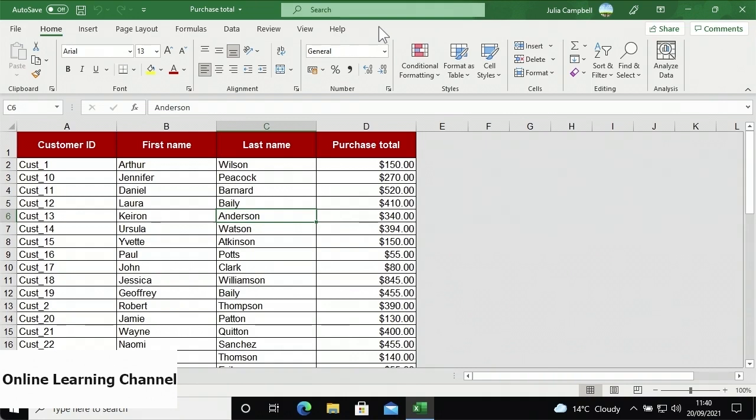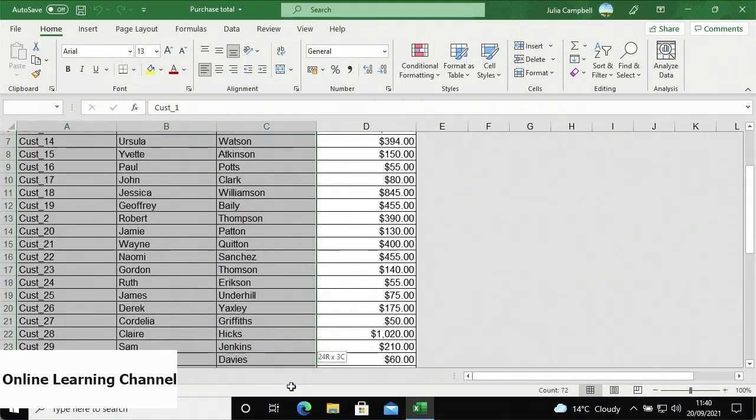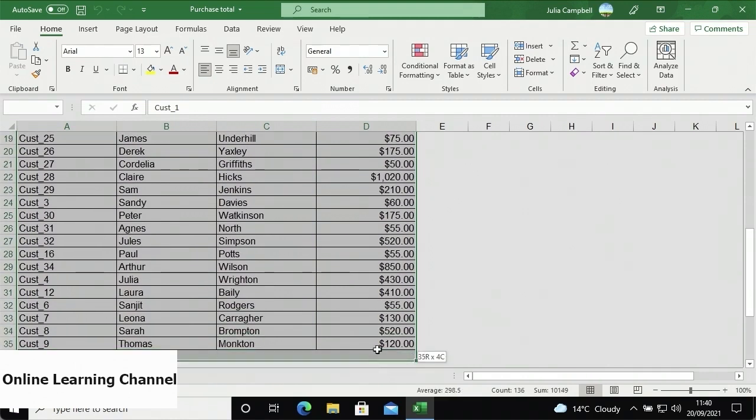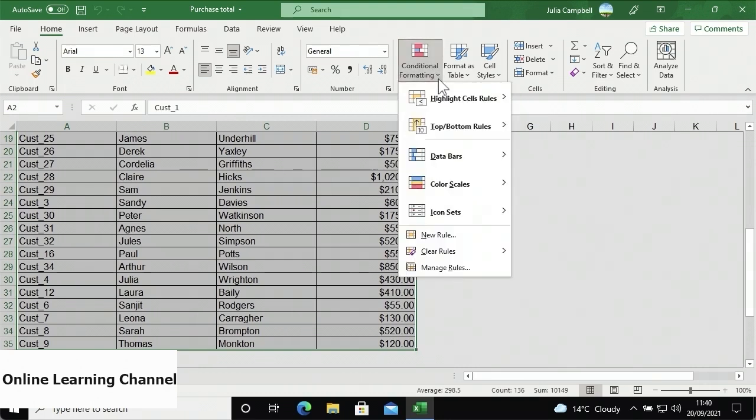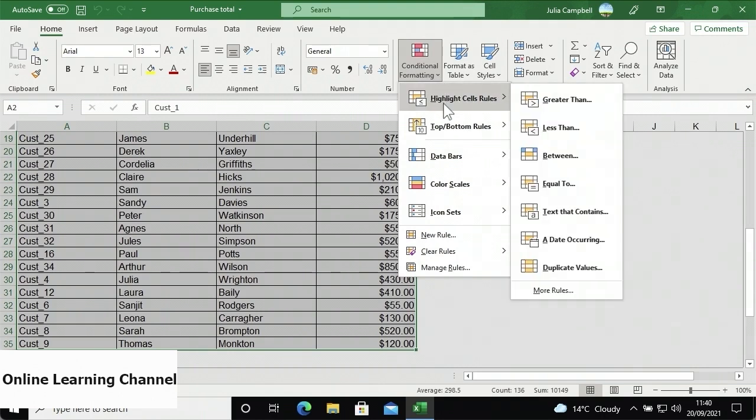To quickly analyze my data and find duplicates, rather than using a formula, you can use conditional formatting. First, I'll select the cell range of my table, excluding the header cells. Then, within the Home tab, go to the Styles group on the right of the ribbon and click the Conditional Formatting drop-down menu. At the top, you'll notice that you have 2 different advanced conditional formatting options, Highlight Cell Rules